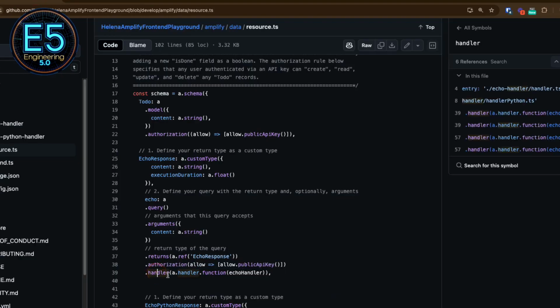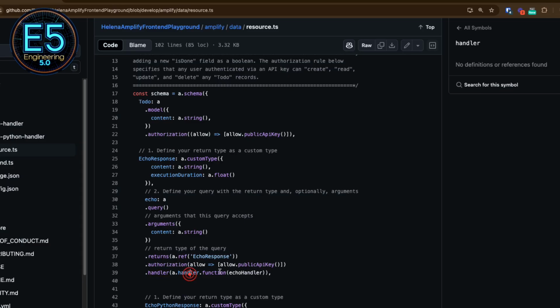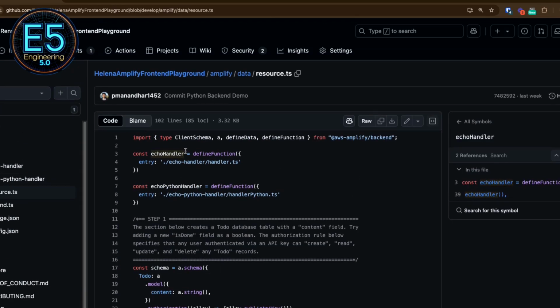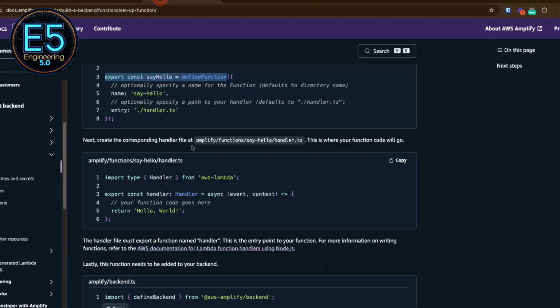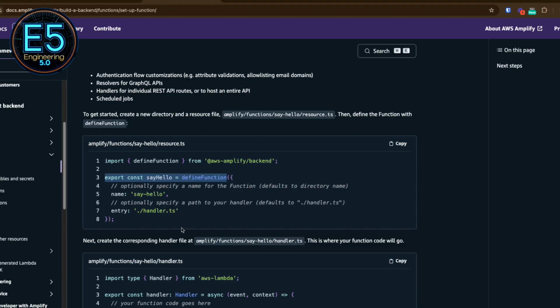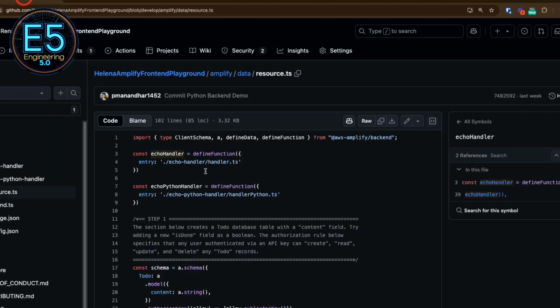And then it says there's a handler, and it's coming from the echo handler. So this echo handler is being defined over here. Because it's been defined over here, I didn't have to create another place where I did the define function, because it's already done over here. And then